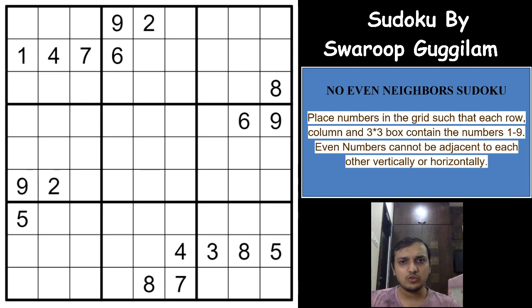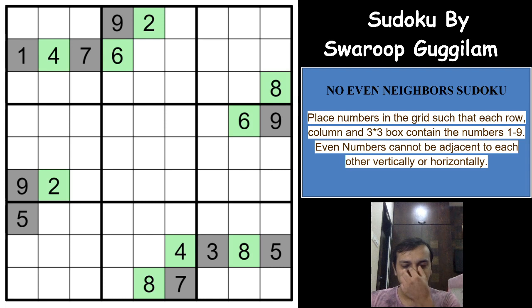So now coming on to the Sudoku, as I said, I'll be marking odd digits with gray colors and even digits with green colors. So I'll mark all the odd digits here with the gray color and even digits with the green color. Now, the trick which we learnt, we can directly mark these 8 cells to be even. What an excellent trick this is. I am still amazed seeing this trick. So we have already marked all the places where that trick applies, and now we can mark all the odd digits and the even digits.